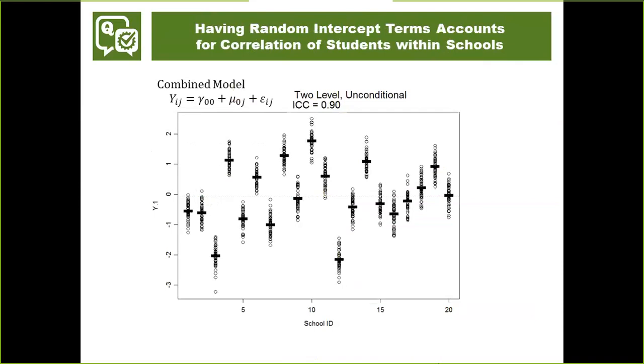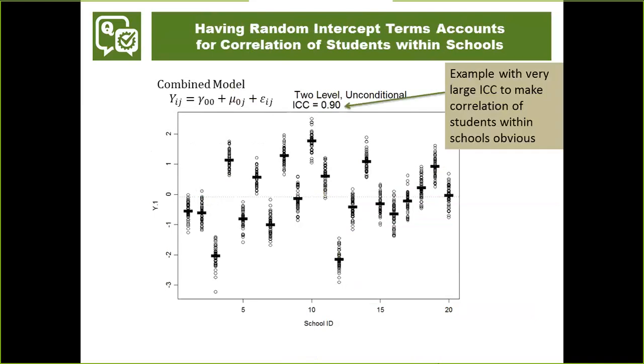This example shows the same model from the previous slide. It has a very large intraclass correlation to make the correlation of students within schools look very obvious. So just looking at this, you can see that students are clustered very tightly around their school means. So the term gamma 0,0 is the grand mean, shown with this dotted line across the overall average of